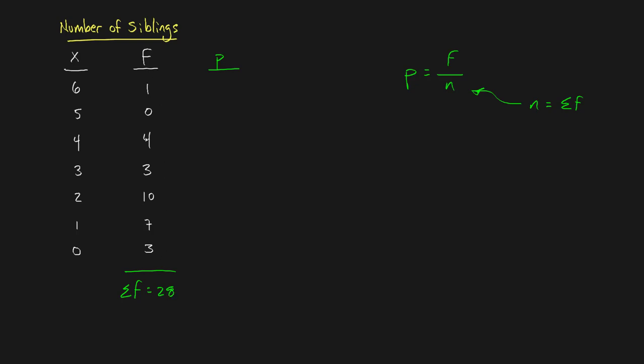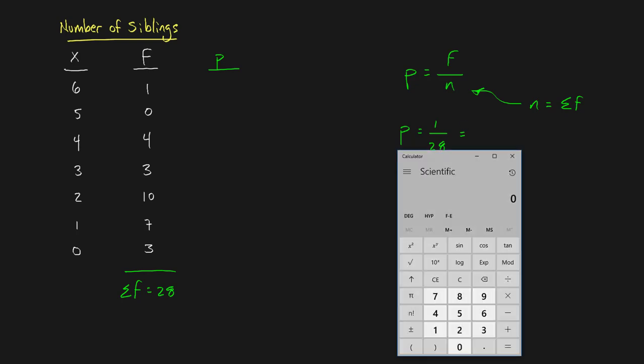So 1 and 4, that makes 5. Another 3 makes 8. 10 gives me 18. And then add the 7 and the 3, yeah, that brings it up to 28. Okay, so in order to get this proportion, I'm going to work out my frequency, which is 1, over n, which I know to be 28. And so let's see, what does that end up coming out to be? 1 divided by 28. My proportion is